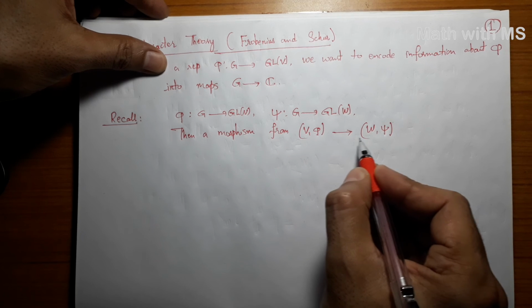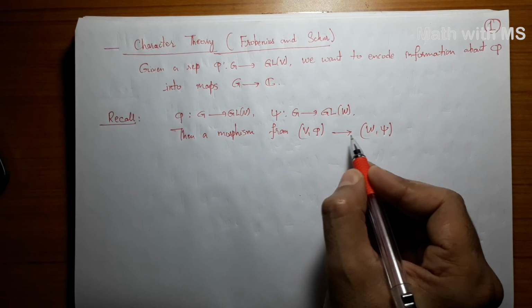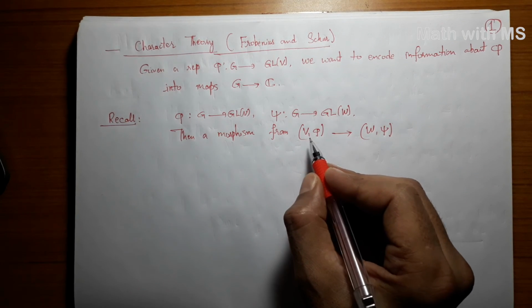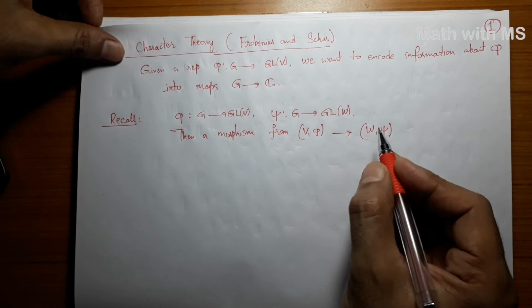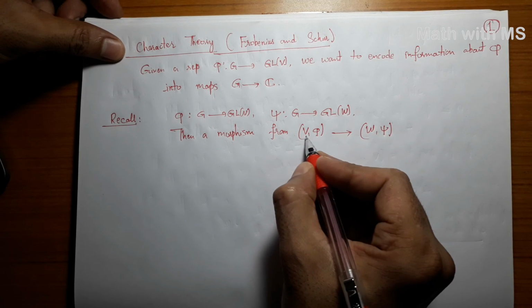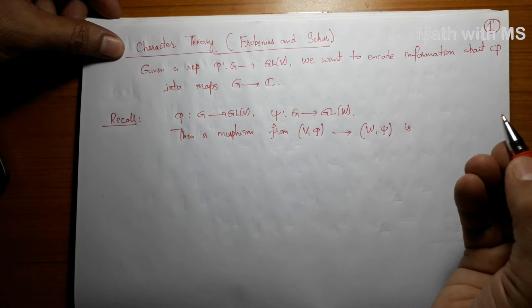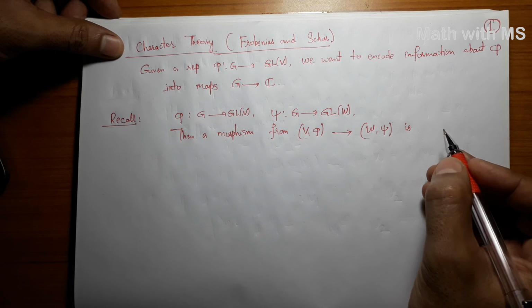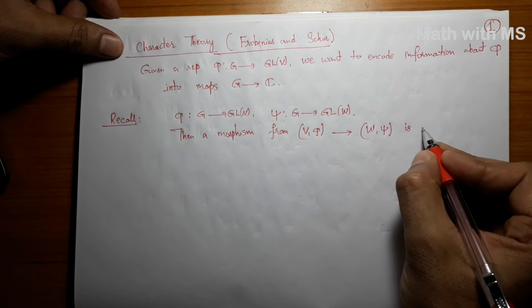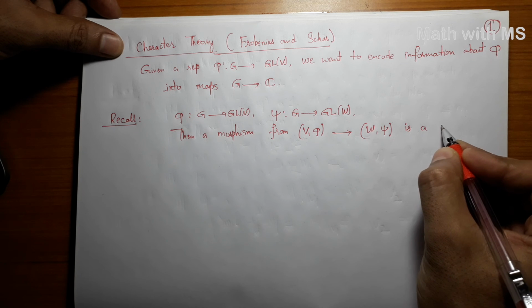Just for clarity, I am writing V also, although many books will not write it. A morphism from one representation to another, in some books also called an intertwiner, or an equivariant map, is a linear map